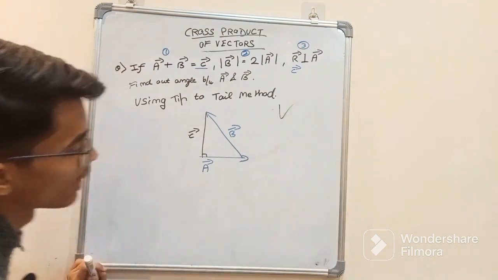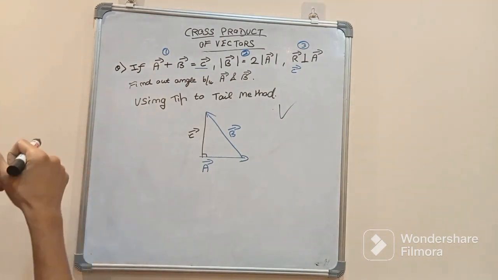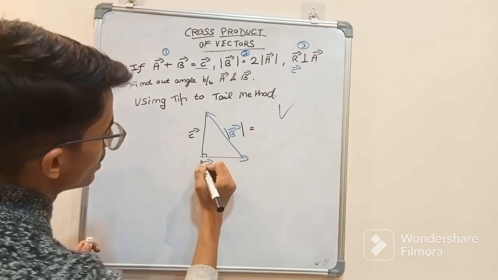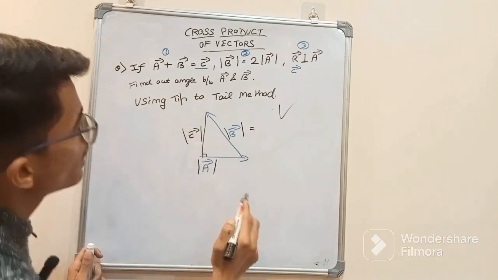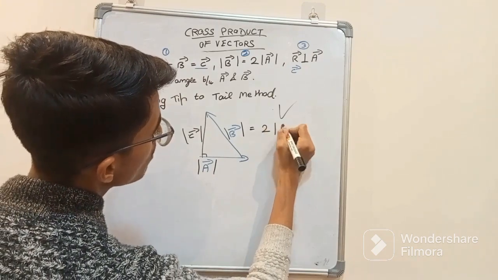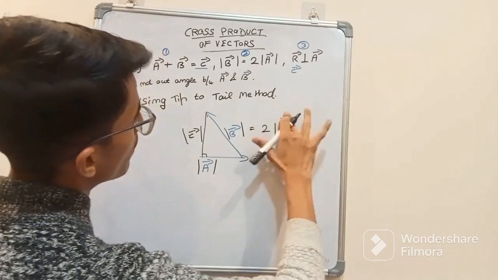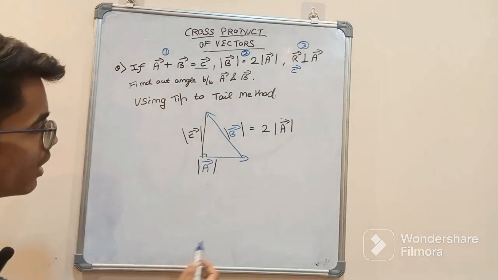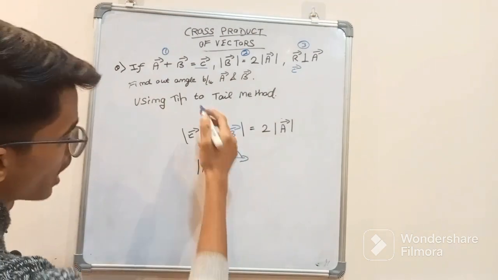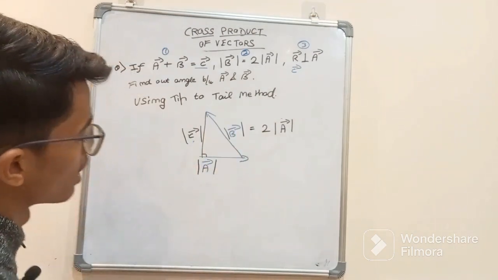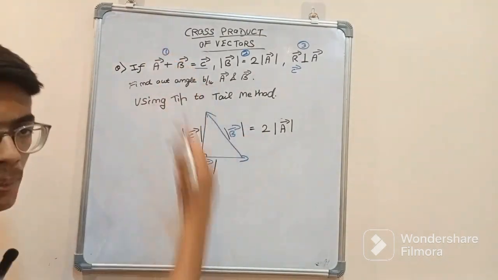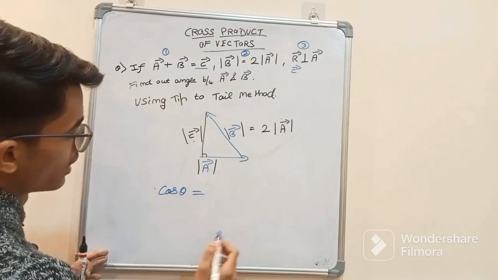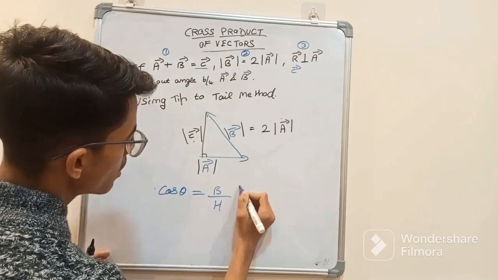That means this is the absolutely correct diagram. Now we'll just substitute the values. We are given magnitude of B vector, we'll just take the magnitudes. Magnitude of B vector is equal to twice the magnitude of A vector. Find out the angle between A vector and B vector. So here we have the base and the hypotenuse, this C is unknown, that is the resultant vector. So we have base and hypotenuse. So we'll take cos theta definitely, that is equal to base upon hypotenuse,